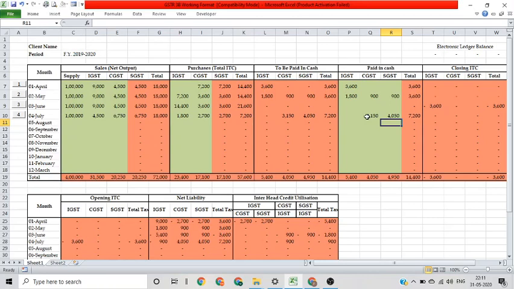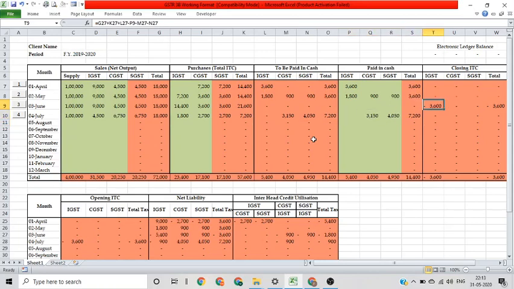So here we have tried to cover all major possibilities that we come across in 3B and we have calculated our formulas accordingly. It might so happen that you come across some other permutation and combination which may not fit exactly into these tables. So in those cases you may have to change some formulas accordingly. Now the fun part is you can also lock these cells marked in red, so make sure that no one who uses this sheet makes any changes in the formulas that we have already given.